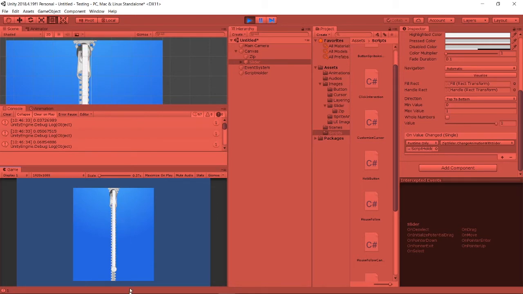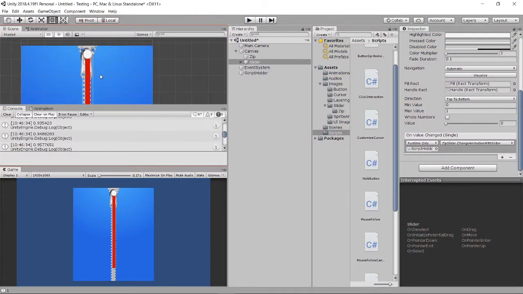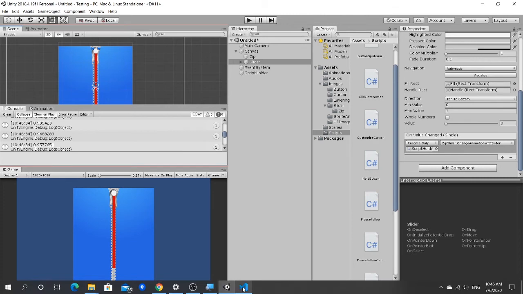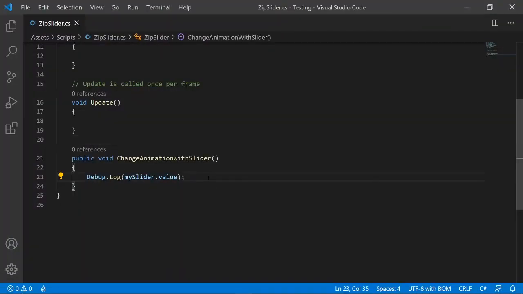No, okay, it has the value, right? But it doesn't work as the action that we want because we haven't put. Okay, so one thing that we wanted to use is actually this number as well, 0 to 1. Okay, so if my slider dot value is equal to 1,